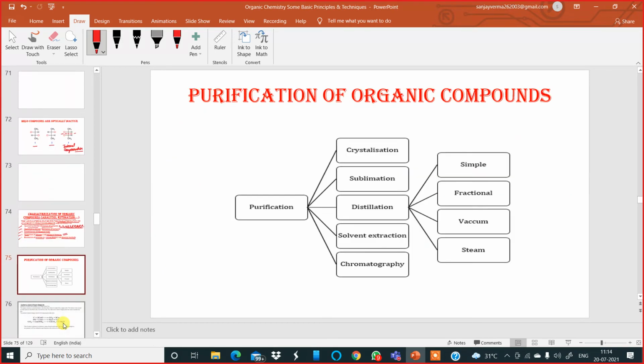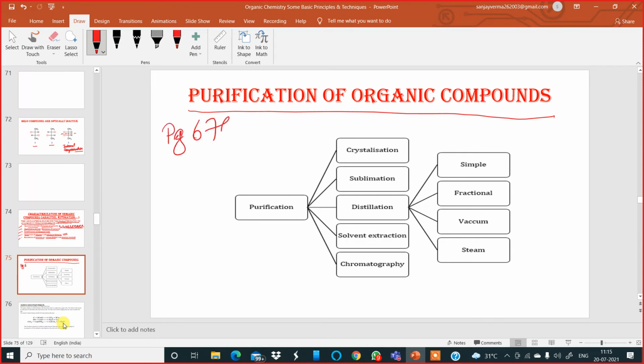Now let us see. During this characterization of an organic compound, we need to purify the compound to remove any impurity present. For this purification part, I request my dear students, some questions are asked here and there from the purification part. If you look at the old chemistry textbooks which I have, you will find the purification from page number 676.